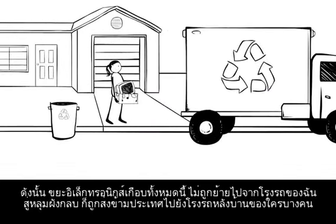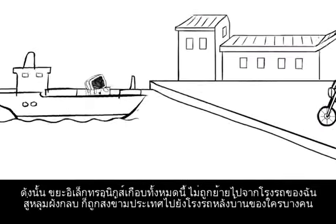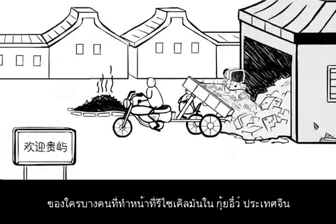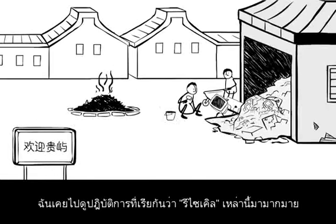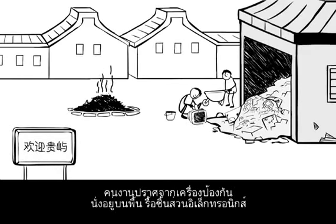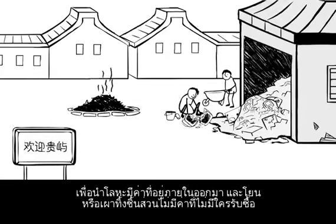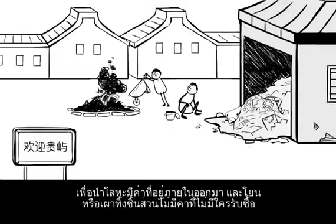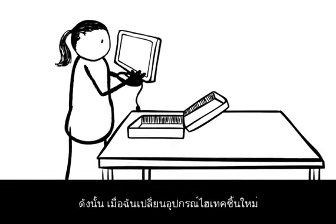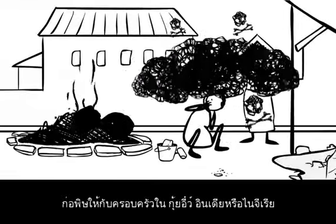So, almost all of this e-waste either goes from my garage to a landfill, or it gets shipped overseas to the garage workshop of some guy in Guiyu, China, whose job it is to recycle it. I've visited a bunch of these so-called recycling operations. Workers without protective gear sit on the ground smashing open electronics to recover the valuable metals inside and chucking or burning the parts that no one will pay them for. So while I'm on to my next gadget, my last gadget is off poisoning families in Guiyu or India or